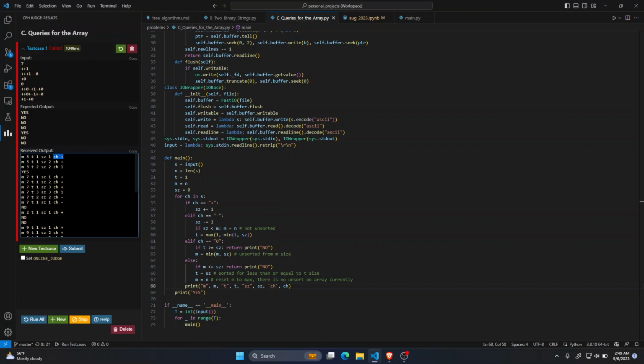So this is like, okay, plus 1. It sets T to 2 because the current size was 2. Okay. This one, M is 7. It says plus, so I guess size 3. It says it's sorted, so you set t to 3, which means it's going to be sorted for anything. Then you